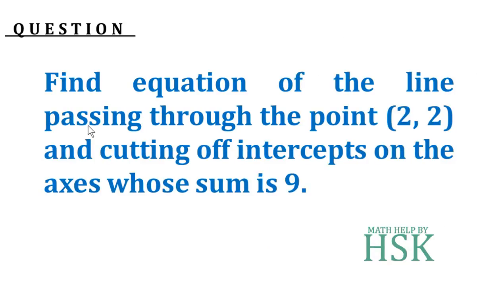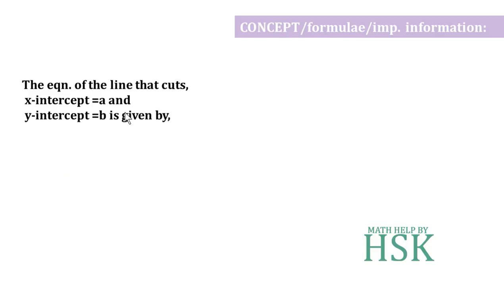The question is, find the equation of a line passing through the point (2, 2) and cutting off intercepts on the axis whose sum is 9. Now to solve this question, we need to know certain concept formulae, and the required formula here is this,